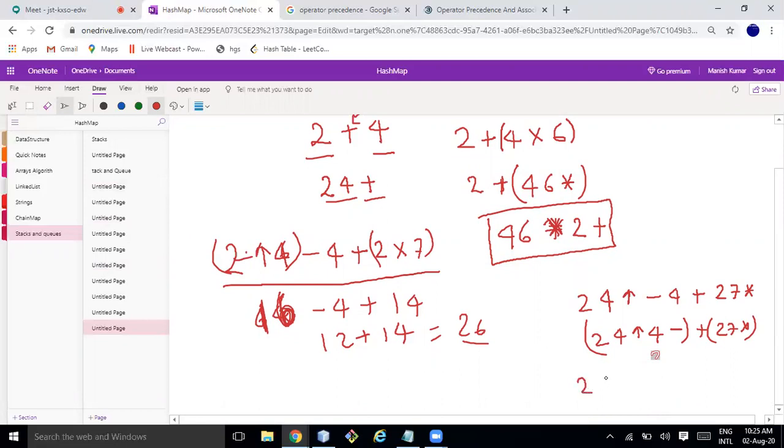Then we can write something like 2 4 power 4 minus 2 7 into plus. So this is called postfix expression.